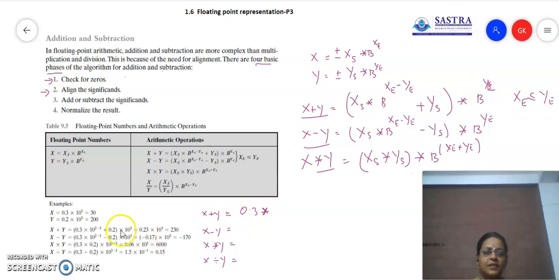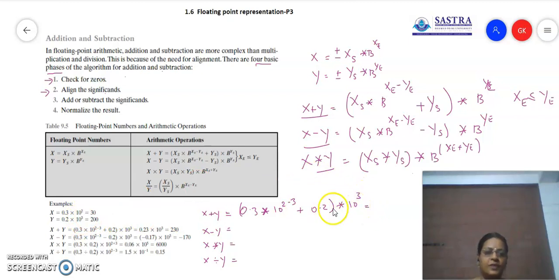Now for easy calculation, we are dealing with the decimal value, so it is going to be 10 power 2. Okay, and the other exponent is 10 power 3, so you are just taking the difference between these two exponents, and that is adjusted with the first operand, and then plus the second operand y, which is 0.2, so you are taking 0.2 as such into, now the result exponent: we have made both exponents 10 power 3, so the final result will be into 10 power 3.